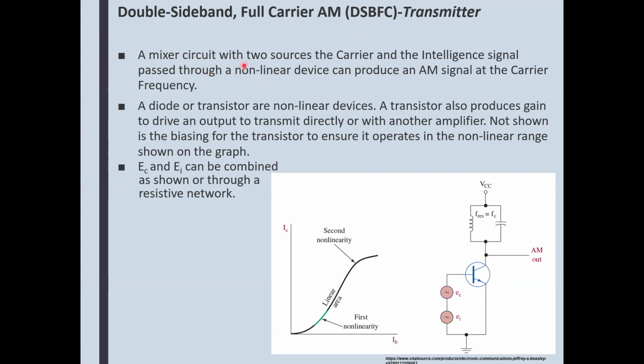A mixer circuit. So here, of course, we're using the transistor to mix things, or, well, as an amplifier. A diode or a transistor are nonlinear devices,